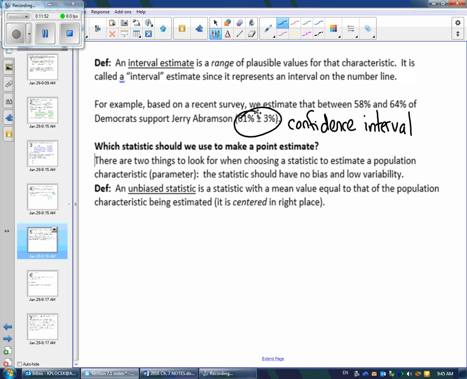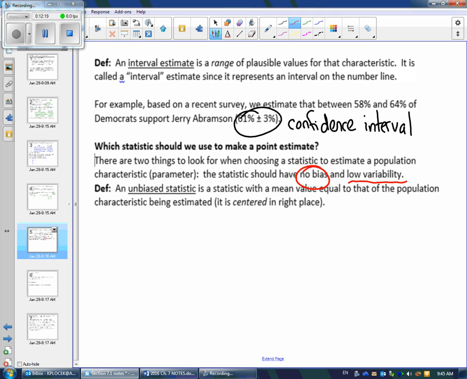Which statistic should we use to make a point estimate? There are two things to look for when choosing a statistic to estimate a population. The statistic should have no bias and low variability. Well, that's your ideal world. Of course, you don't want bias. That messes things up. And low variability, meaning each sample that you take, the values you get are real close